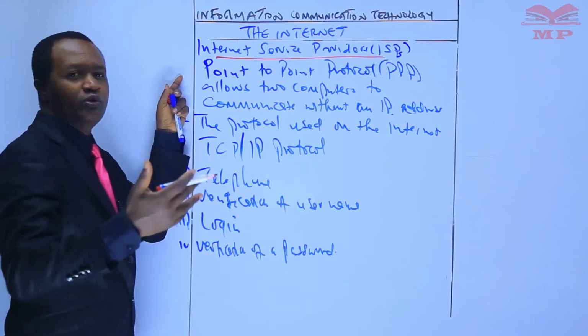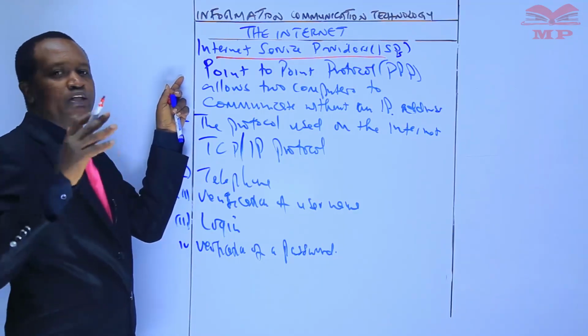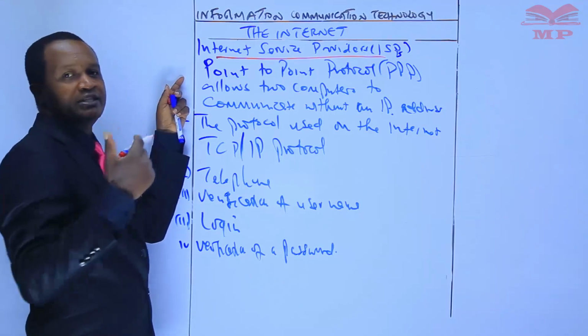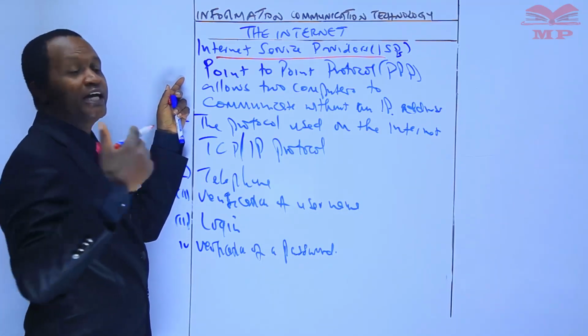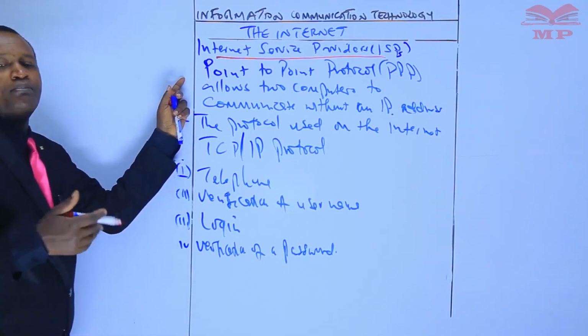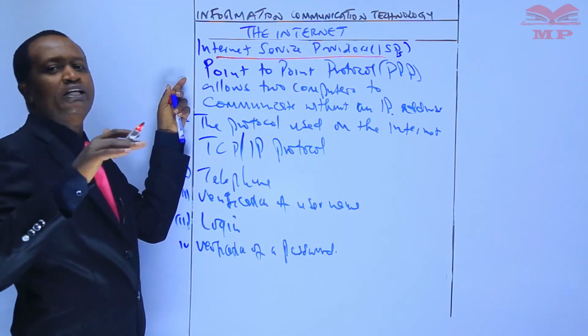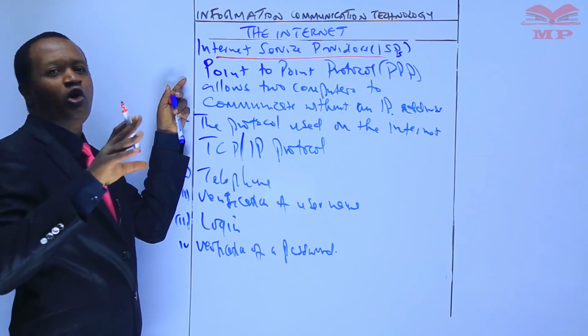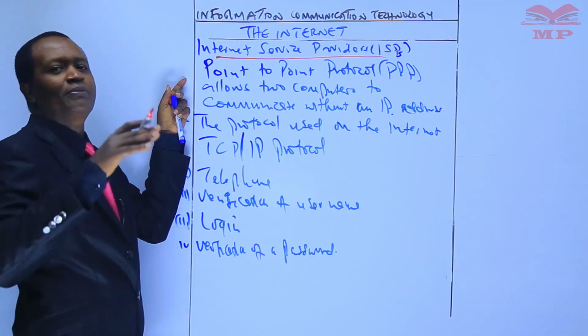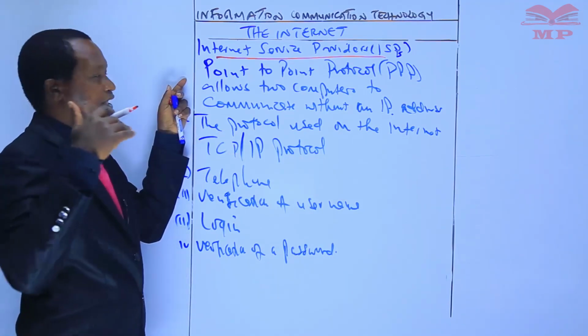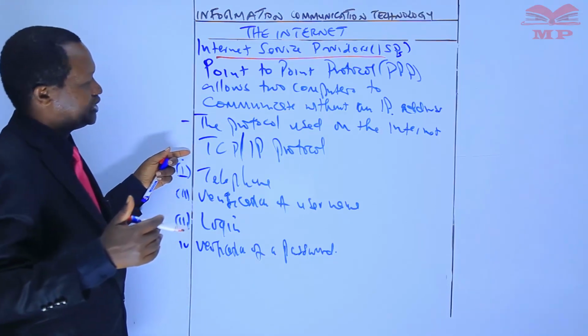This is a protocol making it possible for two remote computers to communicate without having an IP address. But we've also said that an IP address is necessary to be able to do what? To be able to go onto the internet, because the protocol used on the internet is the TCP/IP protocol,